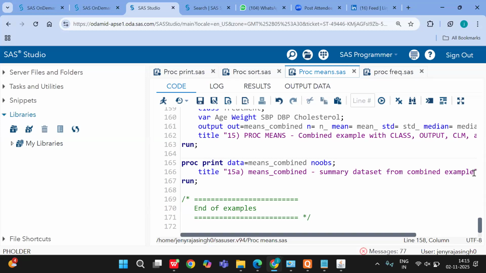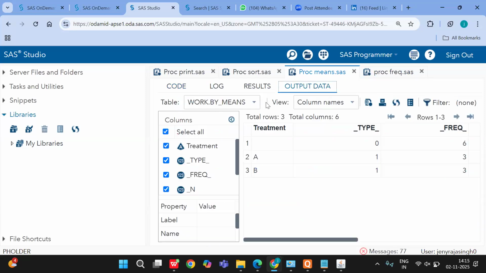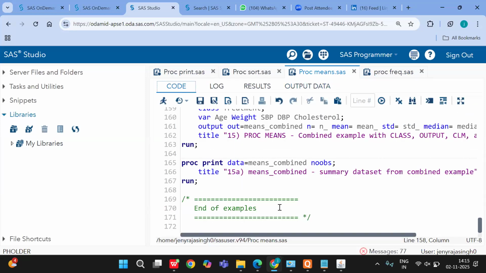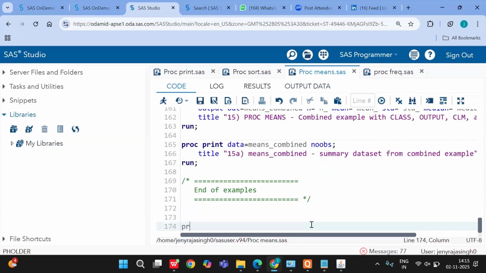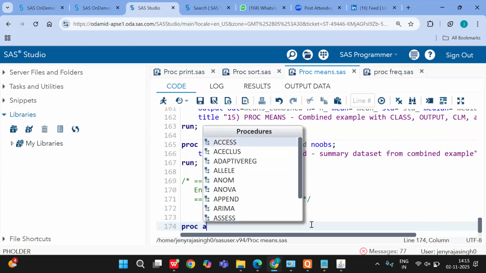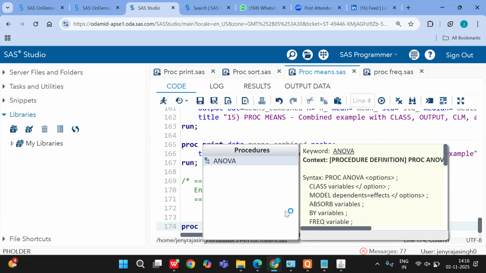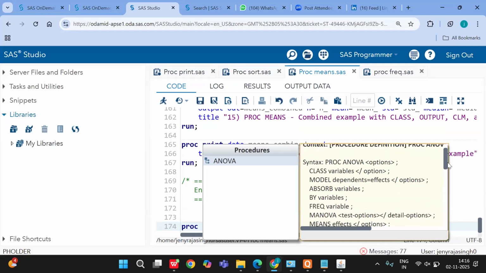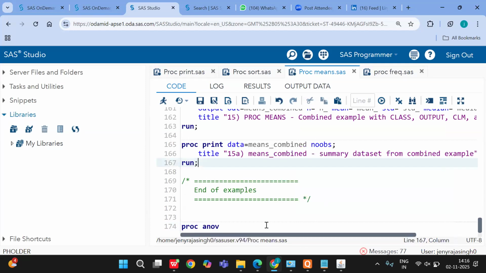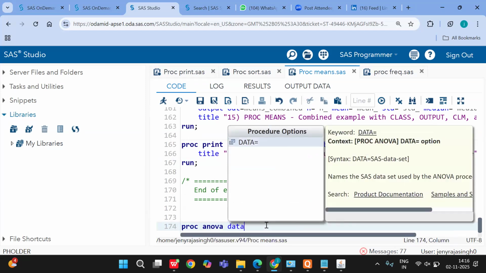Yes, you can do ANOVA. Very good point. That will be a little advanced. Anyway, there is something called proc ANOVA. There is one procedure called proc ANOVA. So using this proc ANOVA, data equal to